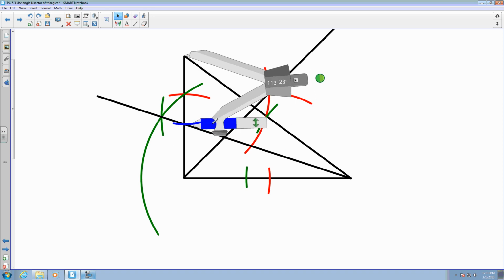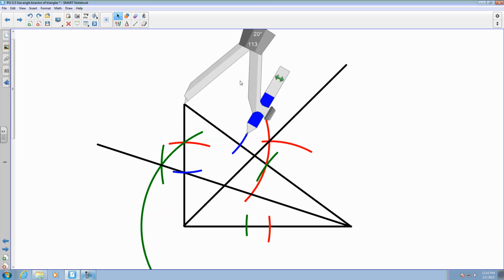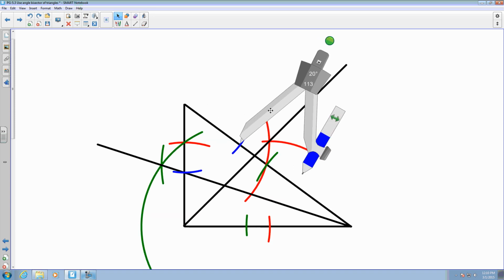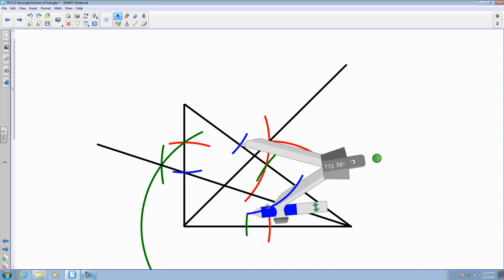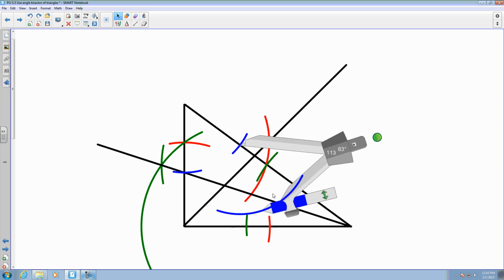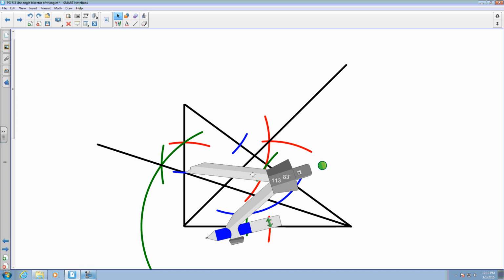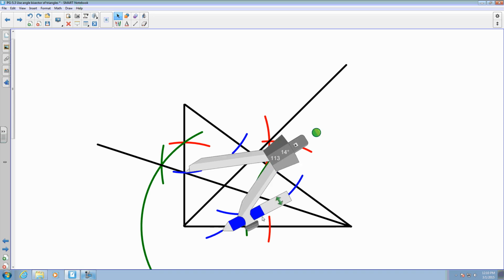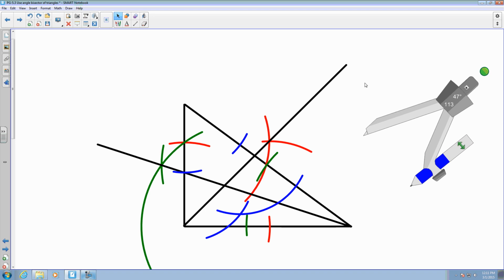Strike a mark here. And here. And bring it to where these two intersect. Try to do the best you can. Come across. And then finally, come over here. So we have our third angle bisector,